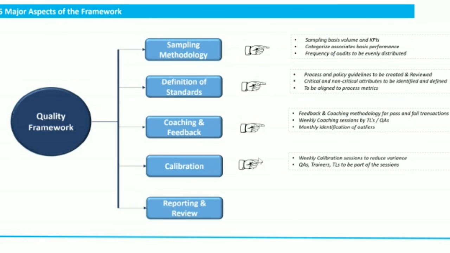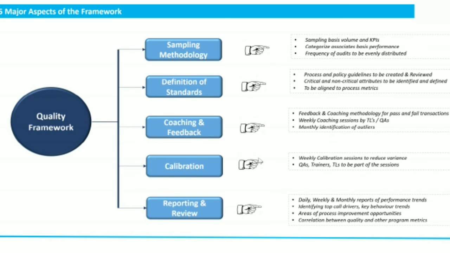Moving on, I have reporting and review, the last aspect of the quality framework. This is very important. Again, all these aspects are important, in fact. That's why they are called the 5 major aspects of the quality framework. These are all on the right and thumb rule, basically. Publishing daily, weekly, monthly reports to identify your performance trends. It can be that in winter, your product does amazingly well or your service does amazingly well, but in summer it drops. What is the reason? What can we do? So reporting and reviewing those reports, your functions, your activities will help us get there, right?